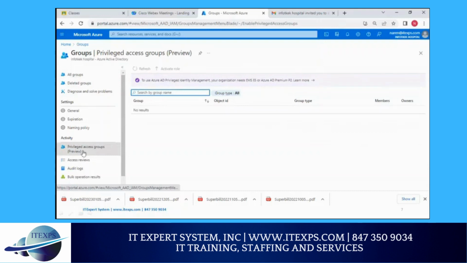Can you click on this privileged access group preview activity? And you will see this message: to use privileged identity management, your organization must have this membership or this license. If you see this AD Premium P2, that is the license you require in order to create a dynamic group. So let's do that. If you click on Learn More,